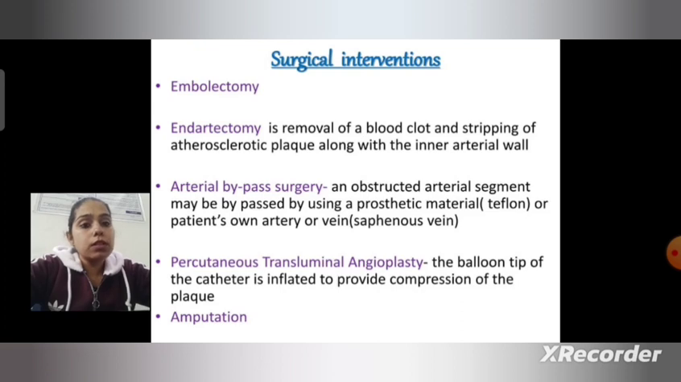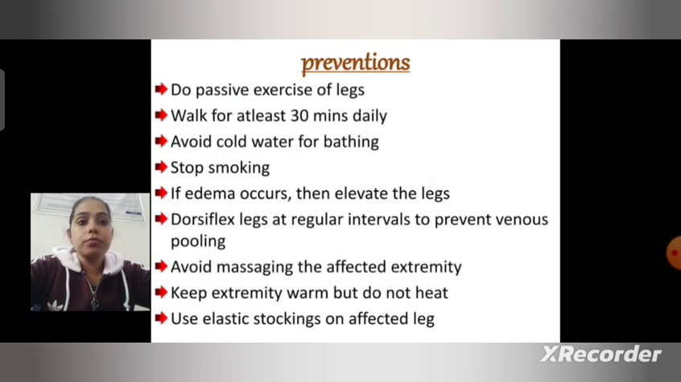Next type of surgery is percutaneous transluminal angioplasty. The balloon tip of the catheter is inflated to provide compression of the plaque, and the last surgical intervention is amputation. Prevention in case of DVT: do passive exercises of the leg, walk for at least 30 minutes daily,